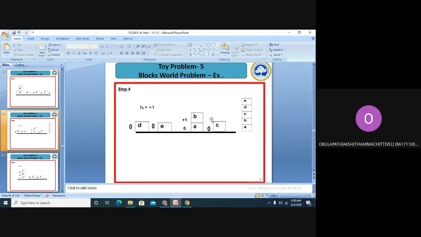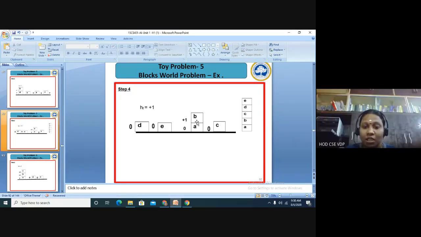I'll give you another situation where, let us assume, you have E. You have already placed D and then E. On top of D and E, you are placing C. Let us assume C is correctly placed, so for C you will get +3. But below the C you have 2 other blocks which don't match with B or A. So for those 2 blocks you'll get negative marks, and your heuristic will not be exactly the same.